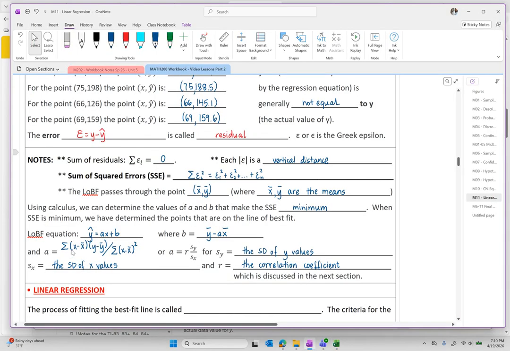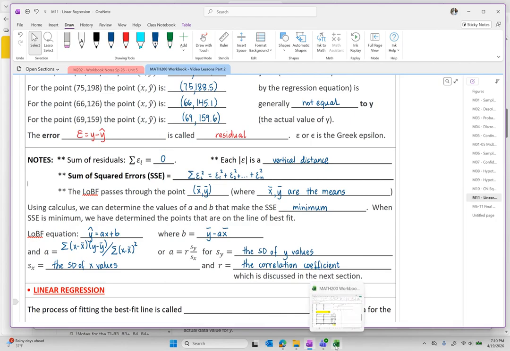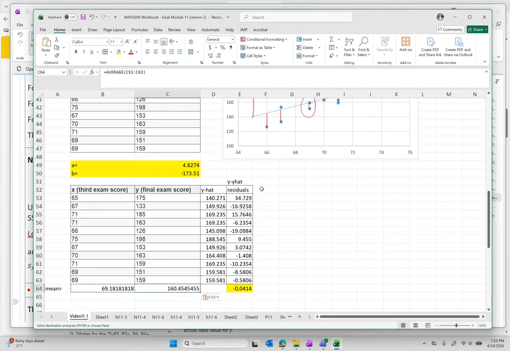To find the formula for a here, I need the x minus x bar for every value of x, the y minus y bar for every value of y. I want to multiply those two, and I also want to square the x minus x bars for every value of x. Then I want to add the answers. So let's try to generate the numerator. So first here I will do x minus x bar